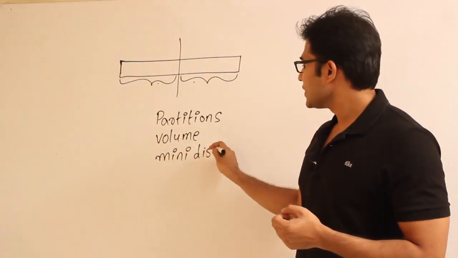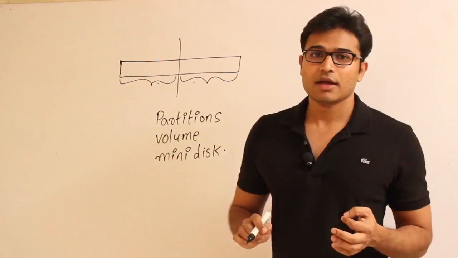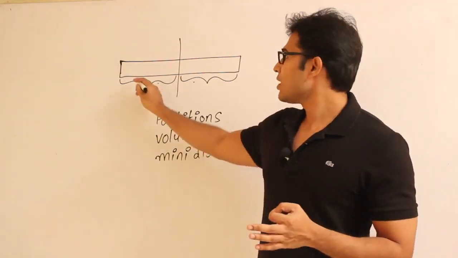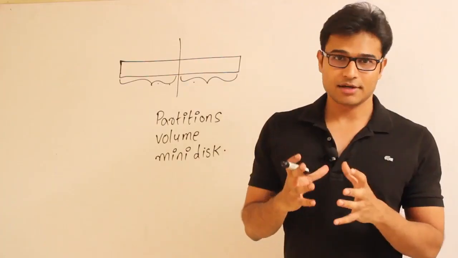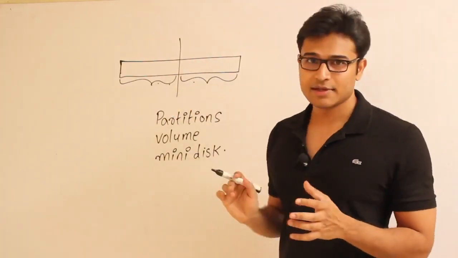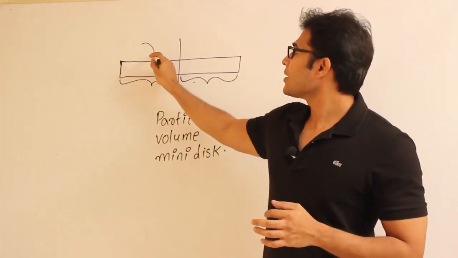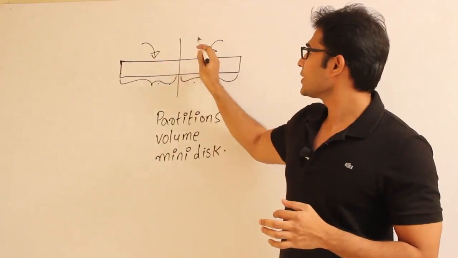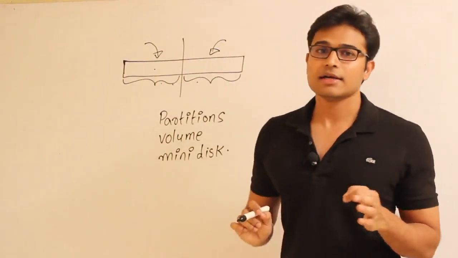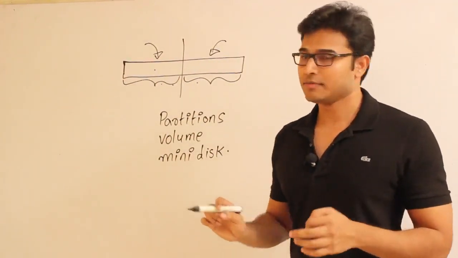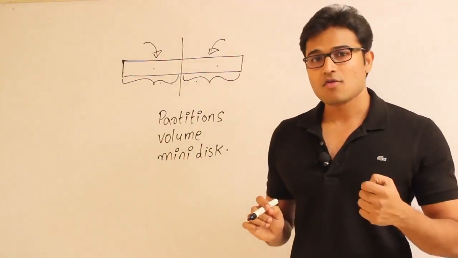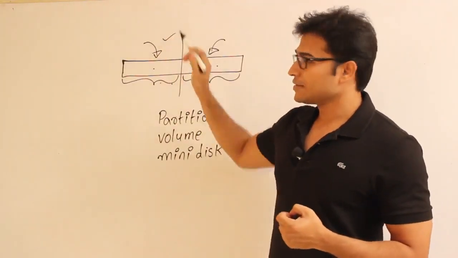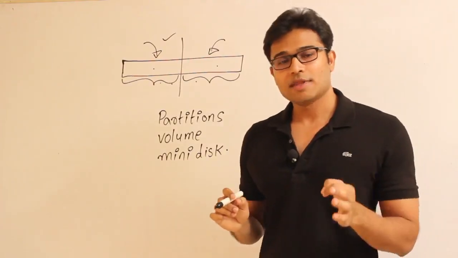Whatever the name used, the concept is dividing the hard disk, or the available memory in the hard disk, into various parts, and then allocating each part to a file system, right? One part can be allocated to one file system and the other part to the other file system. Now when you are trying to access this file system, how do you know how many files are there